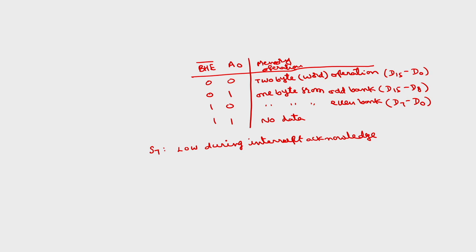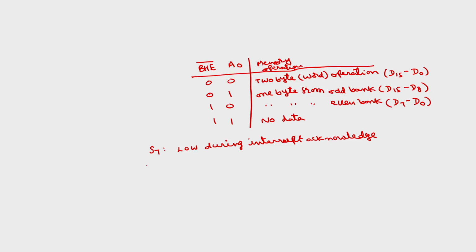Interrupt acknowledge. So whenever the microprocessor is executing some program, as we have discussed in the last class, any external device can interrupt and ask the microprocessor to execute some emergency task. So during that time it will request the microprocessor through INTR or NMI. Whenever the microprocessor receives the interrupt signal, it completes the execution of the current instruction. Then it will send the interrupt acknowledge signal. There is one more signal called INTA bar, which is called interrupt acknowledge signal.